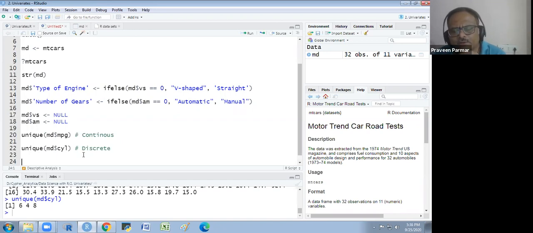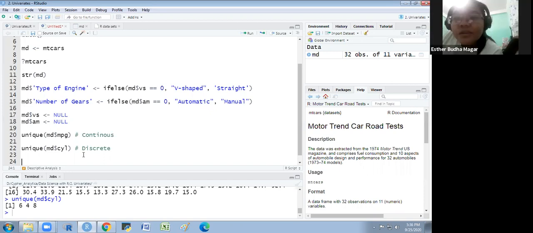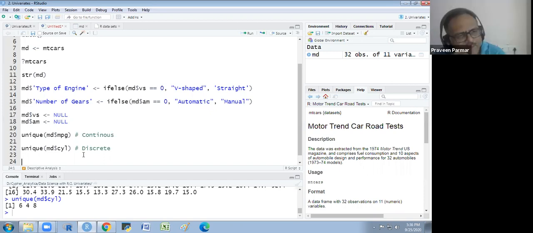Now, what will we do with a discrete variable? I explained this earlier to you all. Convert into factor or something like that, sir. Correct, right. We convert the variables which look discrete into factor.